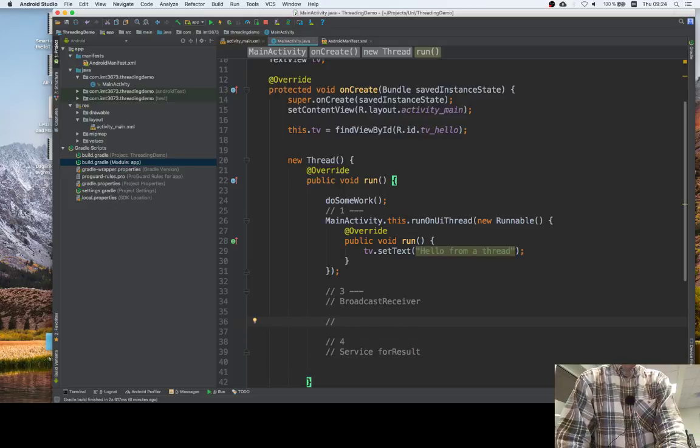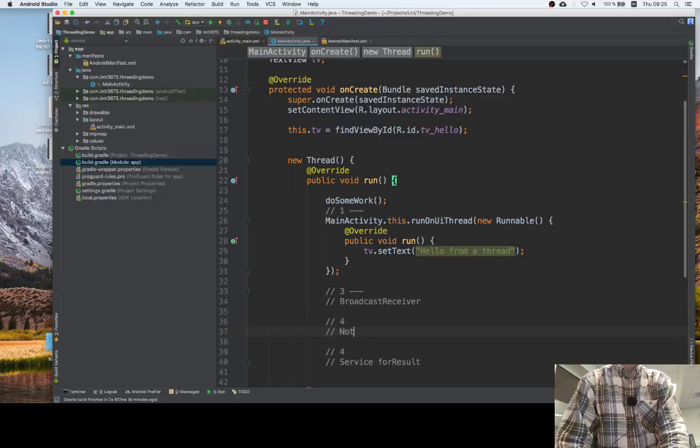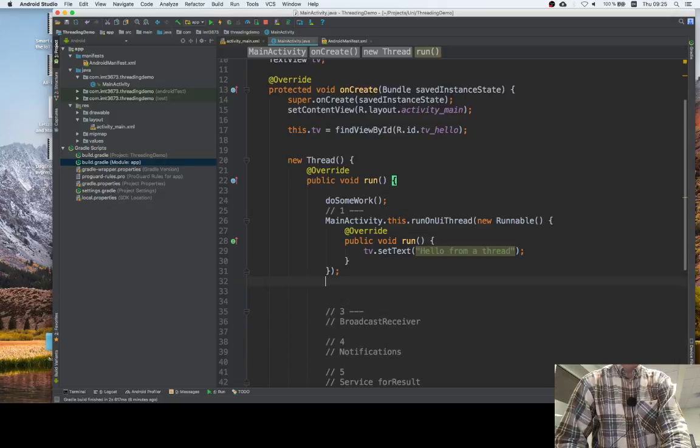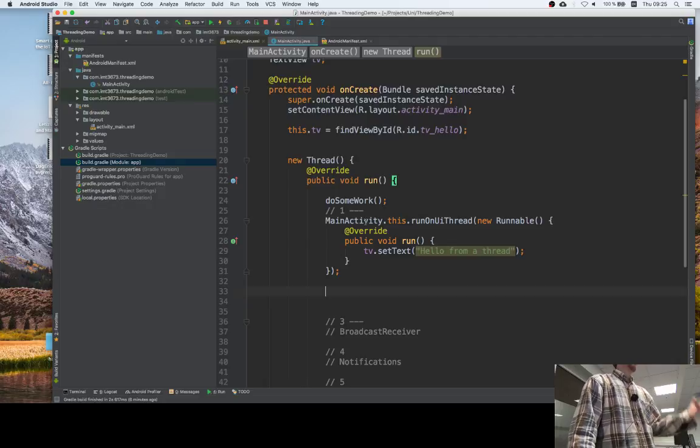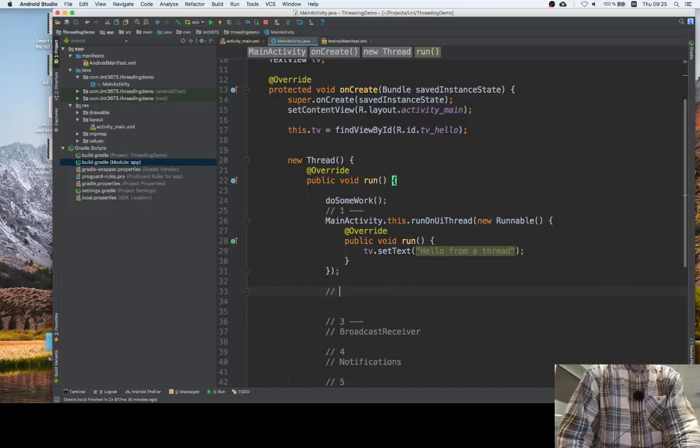So let's say number 4 is notifications. And then number 5 was the service for result. And what's number 2? What's the other easy way of doing that without this method on activity? Because I need to have a handle to the main activity to call this method. Well, the number 2 is